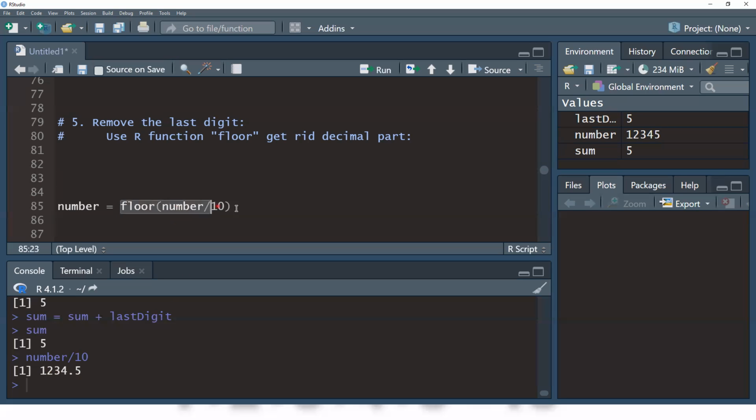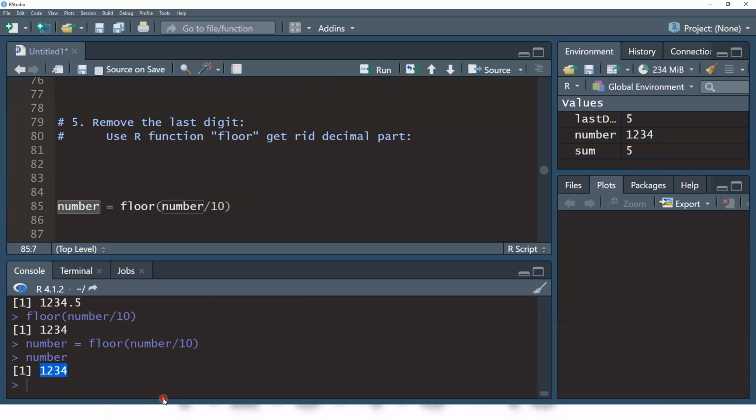So now see this number, still that number, right? So we will get what we have here, 1, 2, 3, 4, right? This is a number without the last digit. So here we save it into number. That means we are updating number. Original number is 1, 2, 3, 4, 5. Right now, if we run this, you will have a new value. What is number here? Look at the number here. Should be 1, 2, 3, 4. Is that right?